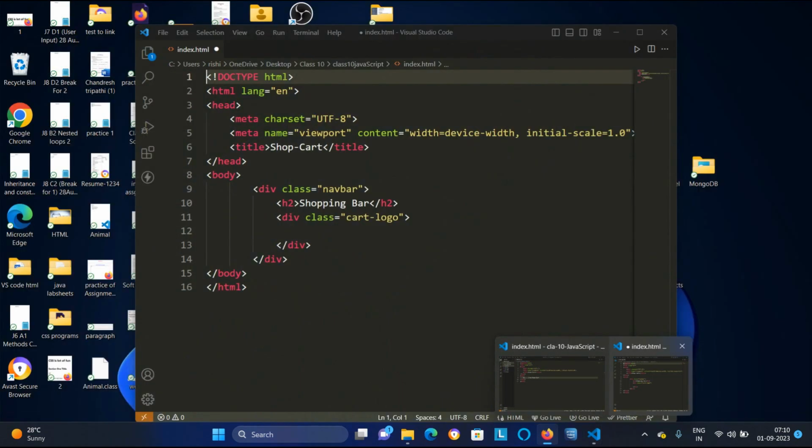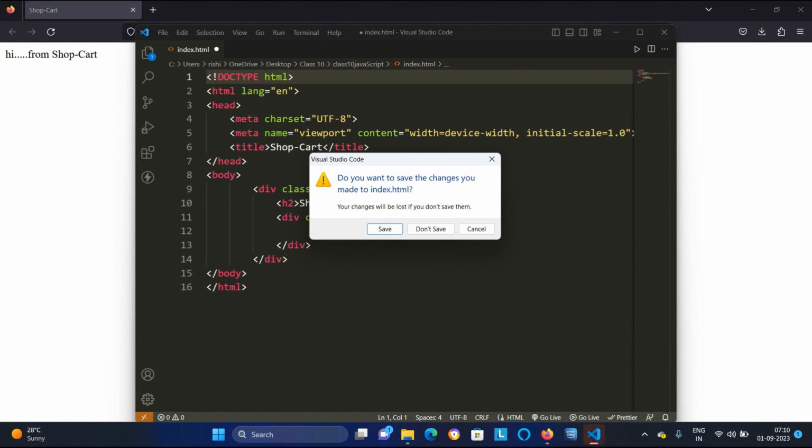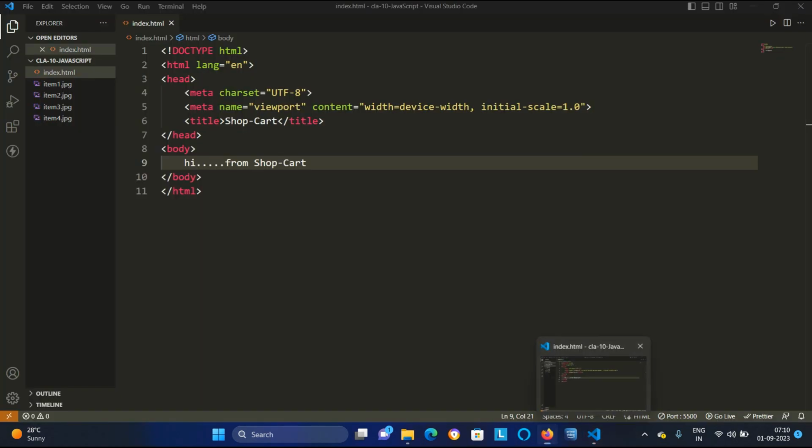Now again I will go to my code. Here you are looking, this is my code, and we have successfully created the HTML.